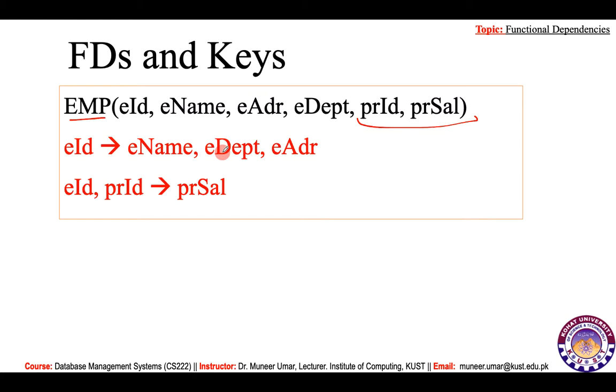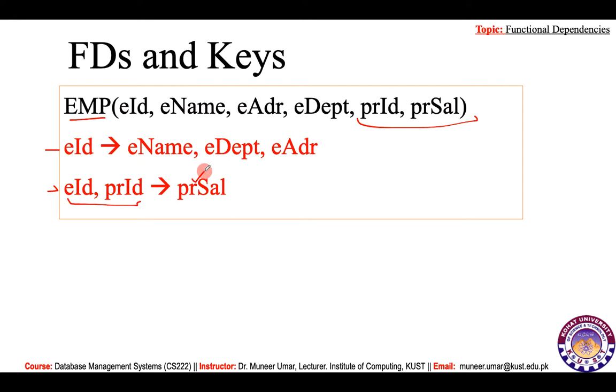So there are two functional dependencies. First, by taking the employee ID as a super key, and second, by taking the employee ID plus the project ID for determination. So if we take the employee ID, it determines the name, department, and address of the employee. And if we take a composite of employee ID and project ID, then we can get the project salary of that employee. So here we have two functional dependencies in this table, and we can determine the keys according to